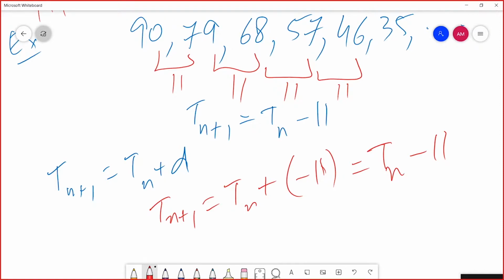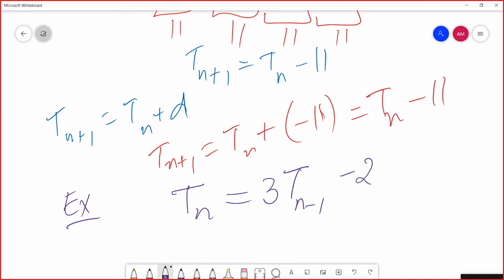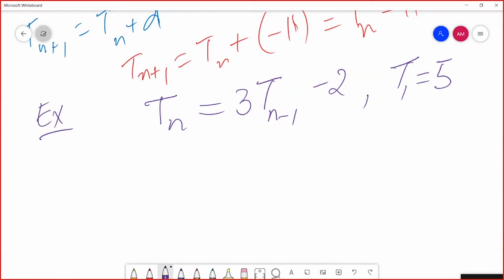As I said, it's not normally that you get all sequences arithmetic. Let's take an example. Let's say we have a sequence which is defined by this: Tn, and again, I am changing it a little for a certain reason, is 3Tn minus 1 minus 2 and T1 is equal to 5. Can you help me writing this sequence, please? It will be 5 and then